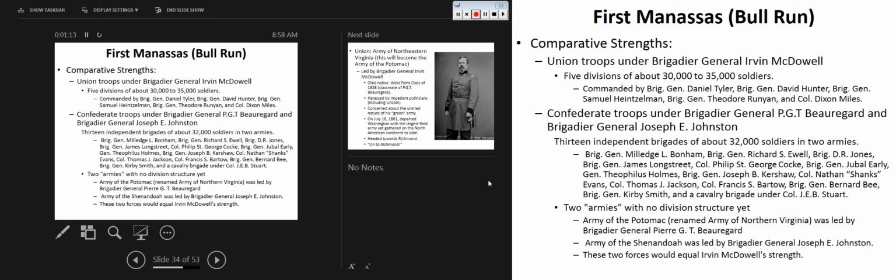Most Union battles were named after waterways because they didn't change on maps. Most Confederate battles, they named them after the towns. Like 99% of battles are fought in the Confederate states, and in the South there are obviously a number of battles in the border states, but very few on non-slave-holding Union territory. We'll cover some of those, but this particular battle is